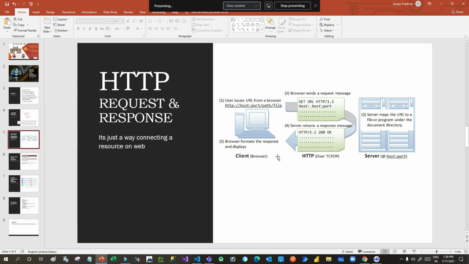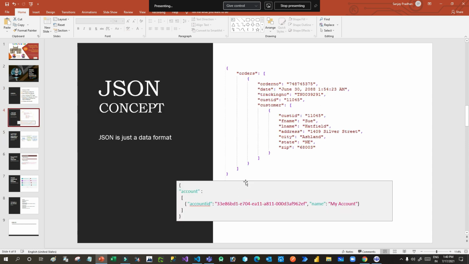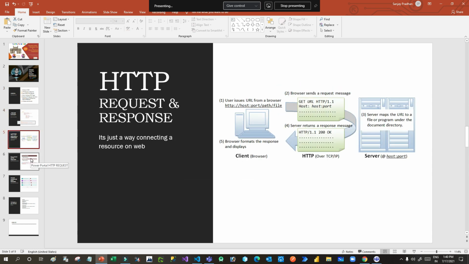Every web API, whenever you want to call it through an HTTP request, there should be a URL, and that URL should be used to send your request data, and that request data is processed by the server, and the server processes your request object, then it returns the response. Okay, so HTTP request response is a protocol by which we can send a request to a server to get some data or resource. Simple. Okay, now how this HTTP request response can be created using Power Automate, how a JSON object can be used in Power Automate, we will see, right?